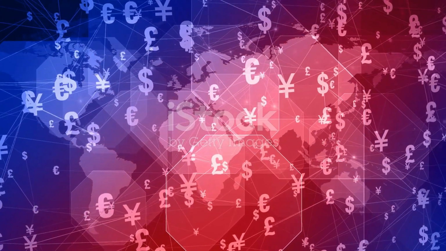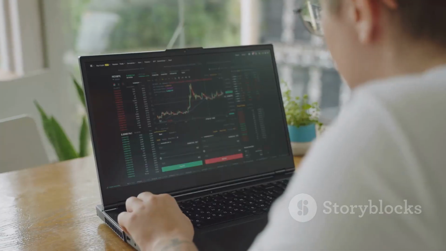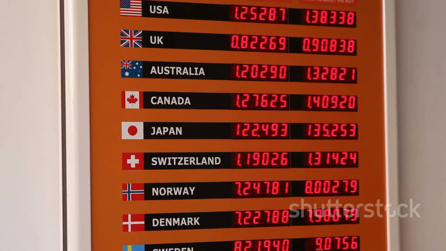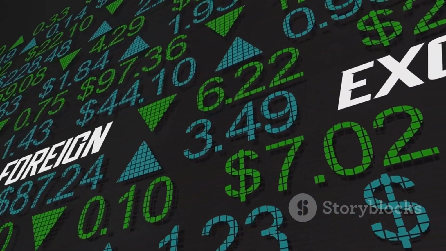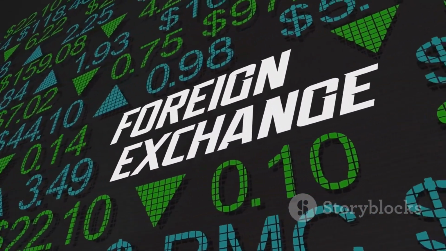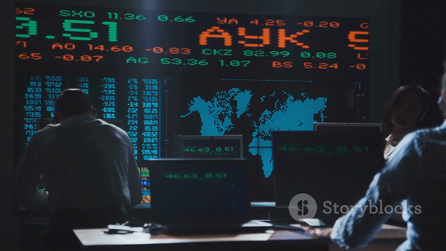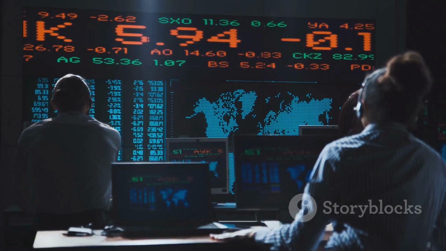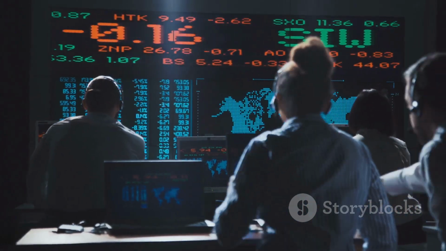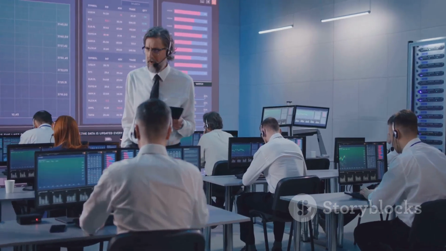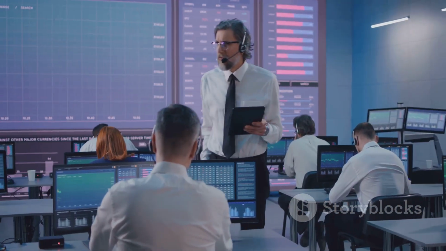Welcome to the exciting world of Forex trading. It might seem intimidating at first, but don't worry, it's easier to grasp than you think. In simple terms, Forex, short for foreign exchange, is the global marketplace where currencies are traded. Imagine it as a giant swap meet where instead of trading stamps or vintage finds, you're buying and selling different currencies. The Forex market is the largest and most liquid financial market in the world, operating 24 hours a day, 5 days a week. Businesses, banks, governments, and individuals participate in this market, making it a dynamic and constantly moving space.